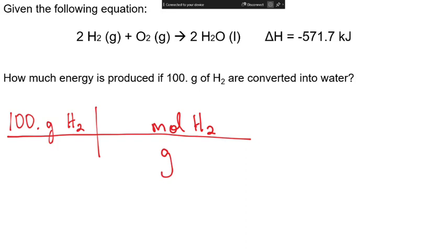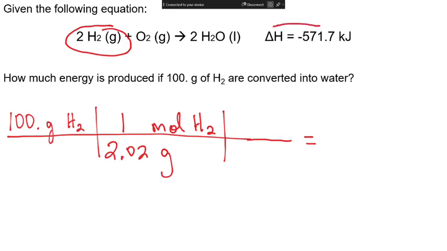All right, so let's find the molar mass, first of all, of hydrogen. What's the molar mass of H2? 2.02, right? Because it's H2 there. Then you can just keep going with one more conversion factor. And it tells us in the equation that for every 2 moles, so in this case, think of this as 2 moles of H2 reacting. For every 2 moles of H2 that react,